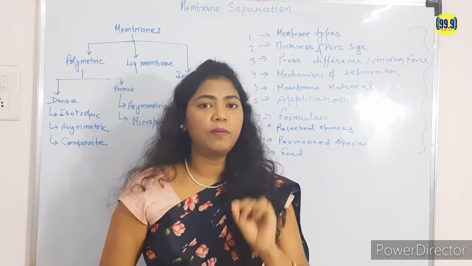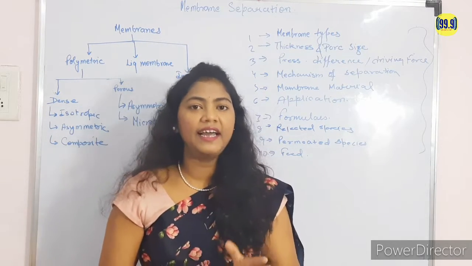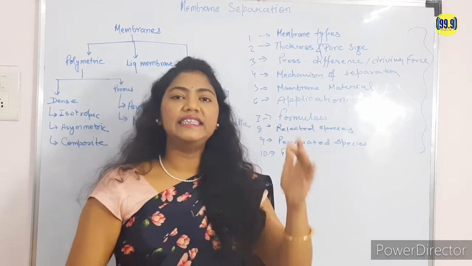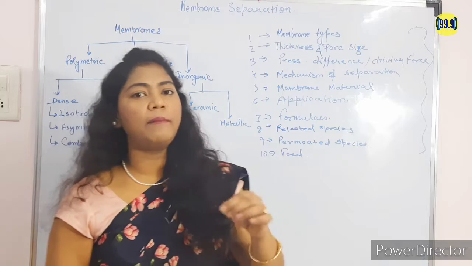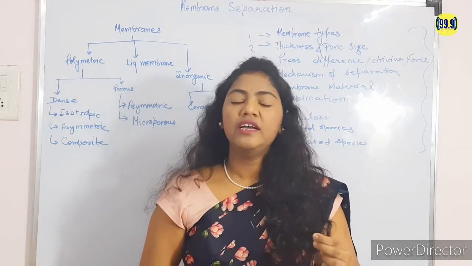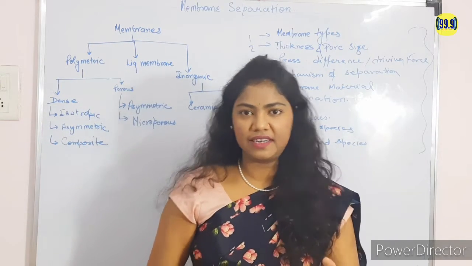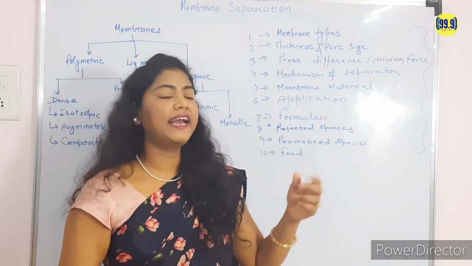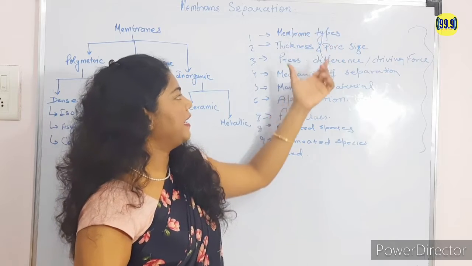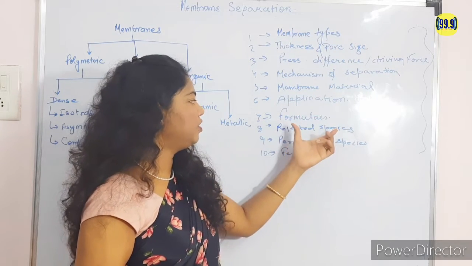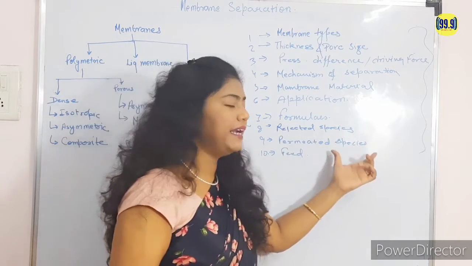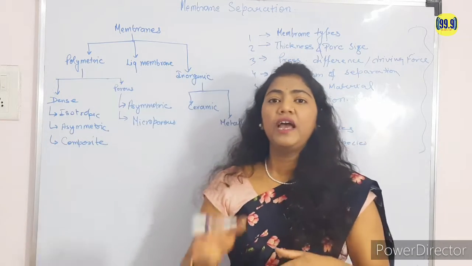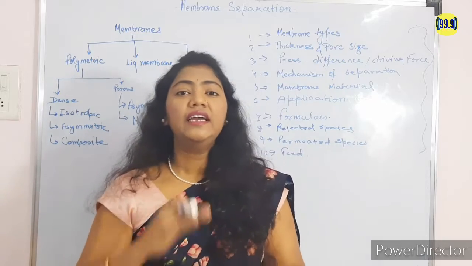मैंने आपको microscopic के लिए numerical भी बताया है, उसमें कैसे आप solvent के लिए flux calculate करते हैं. इसी तरीके से कुछ formulae हैं जो आप ultrafiltration के लिए, reverse osmosis के लिए भी calculate कर सकते हैं. ठीक है, तो basic जो expected है ये कि pore size, membrane type, mechanism, application और permeated species, यही सब चीज़ों से questions आ सकते हैं, ठीक है।